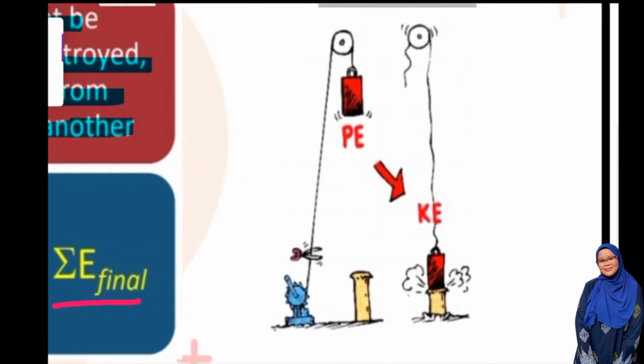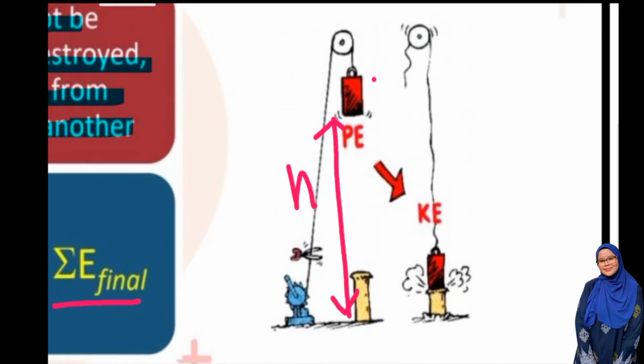Okay, so ni adalah contoh energy transform from one to another. Okay, macam ni. You know that we can get potential energy in this object because we have height. When we have height, this object has potential energy. So basically, contoh lah kan, bila kita